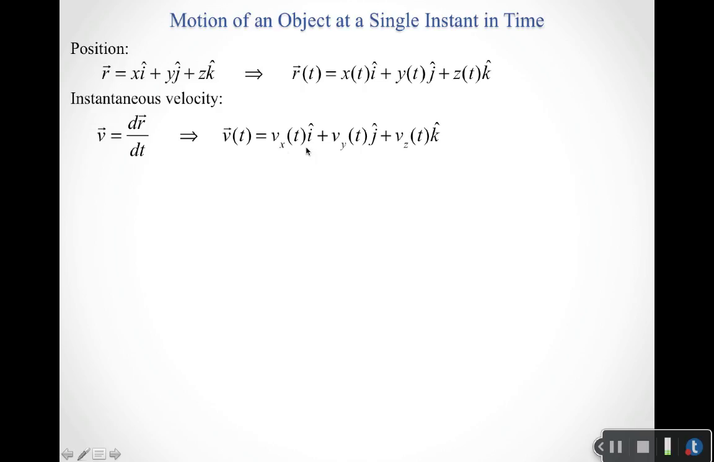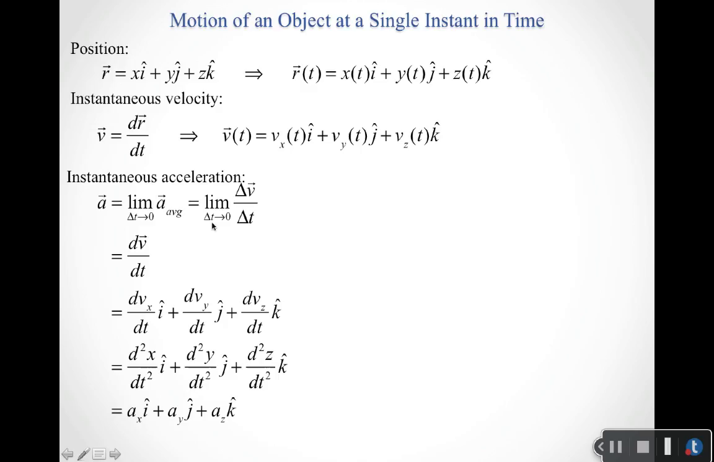And again, those will also be functions. So the x component of the velocity is still going to be a function. The y component of the velocity will still be a function. The z component of the velocity will still be a function. Taking its derivative hasn't changed that. So what I can then do is